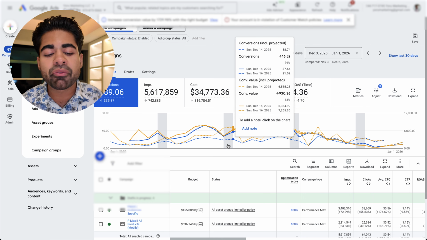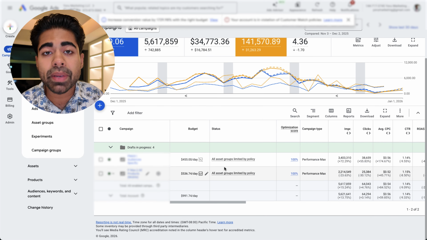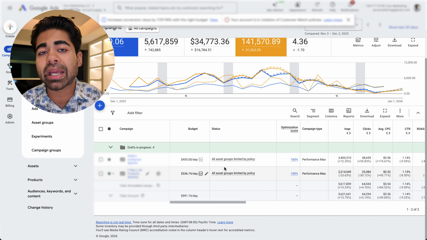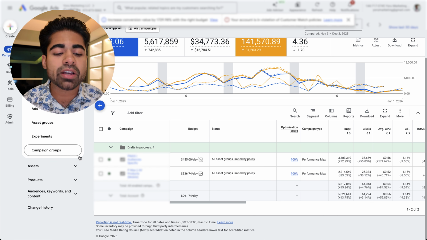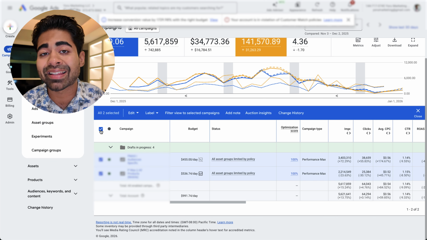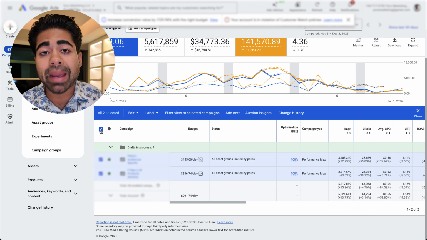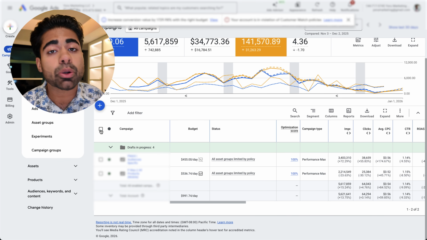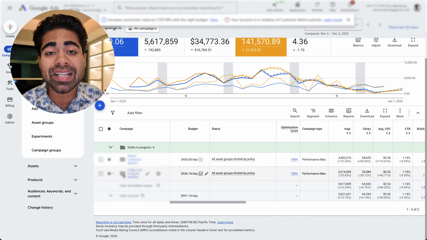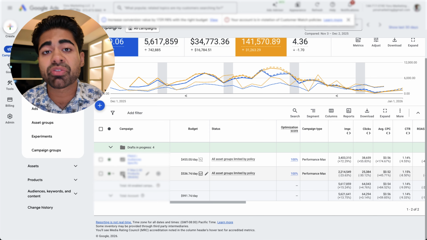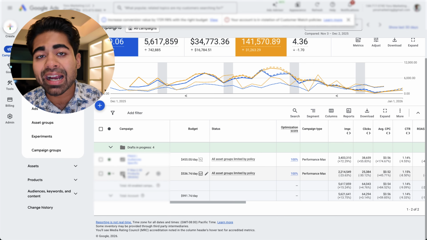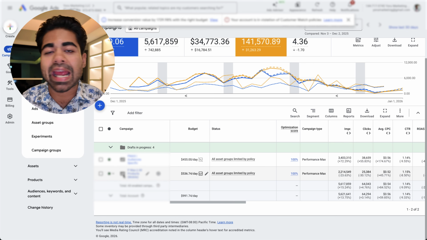But third major reason is wrong campaign structure. And again, a perfect example of this is a brand which we will soon begin working with. This brand right here is a big liquor brand within the United States, and it has only a 2-campaign approach running at this point of time. Note, the number of campaigns running within this brand, it's not the issue. The main issue is this brand has a segregation strategy which is purely based on devices. They're essentially trying to segregate out mobile devices versus desktop versus iPad. And this is one of the worst strategies and tactics you can implement for any brand in any niche going